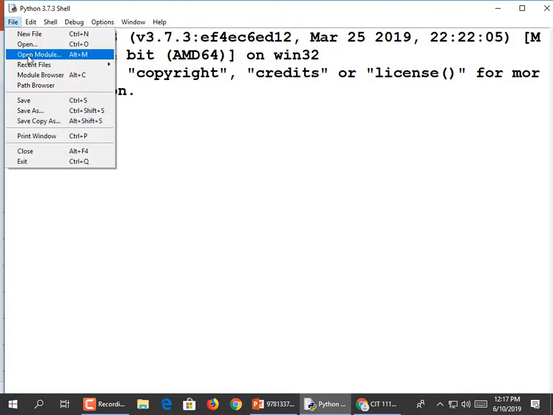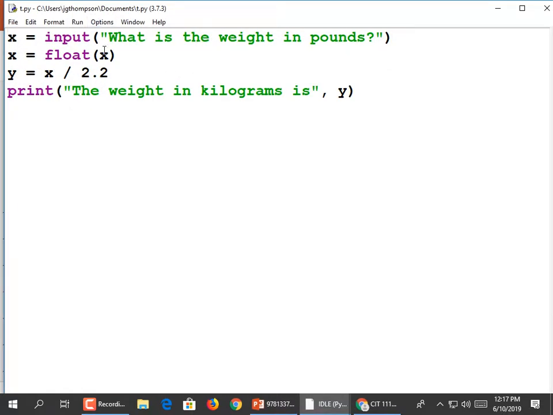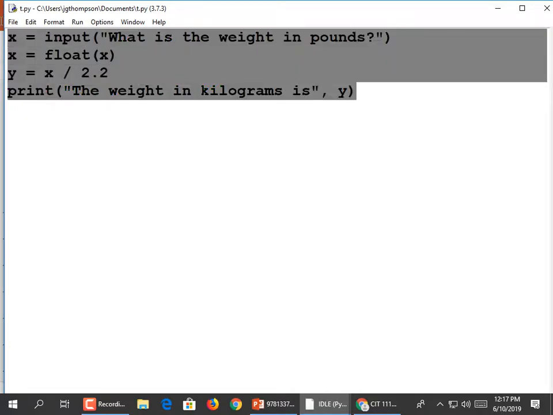open one of last week's programs. All right, there's a little program. This is not machine language. It's not zeros and ones. So,